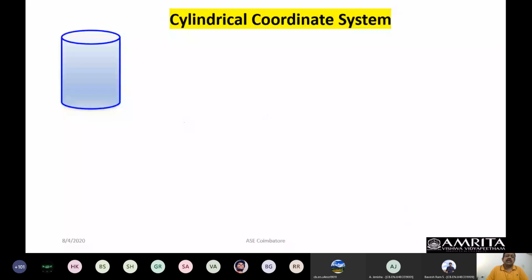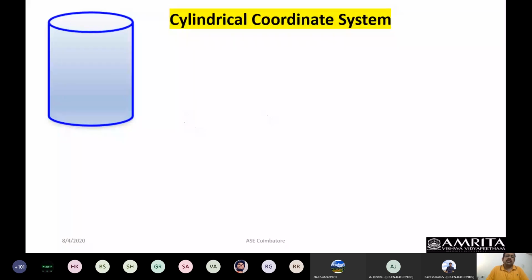So here is the cylinder, and I want to locate any point on the cylinder, as I told you earlier. What I'm going to do is superimpose a rectangular coordinate system on this cylinder. Now if I have a point on the cylinder, say here, I want to visualize this point either in terms of the cylindrical coordinates or in terms of the rectangular coordinate system, that is the Cartesian coordinate system. How do I do that? That is the problem. So again, come again.